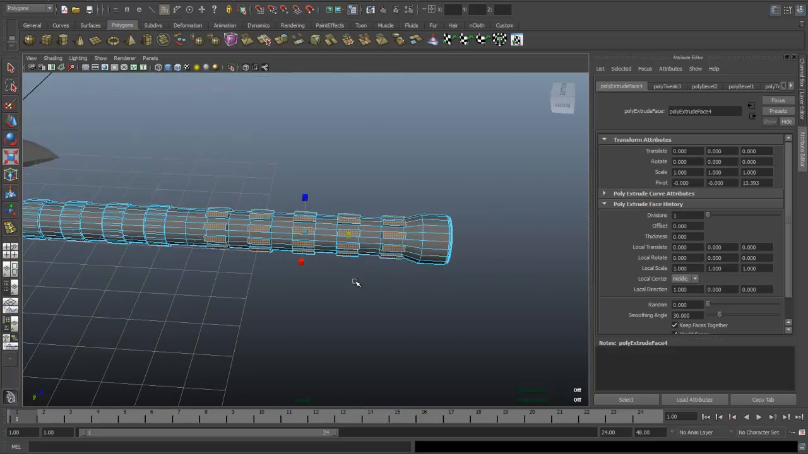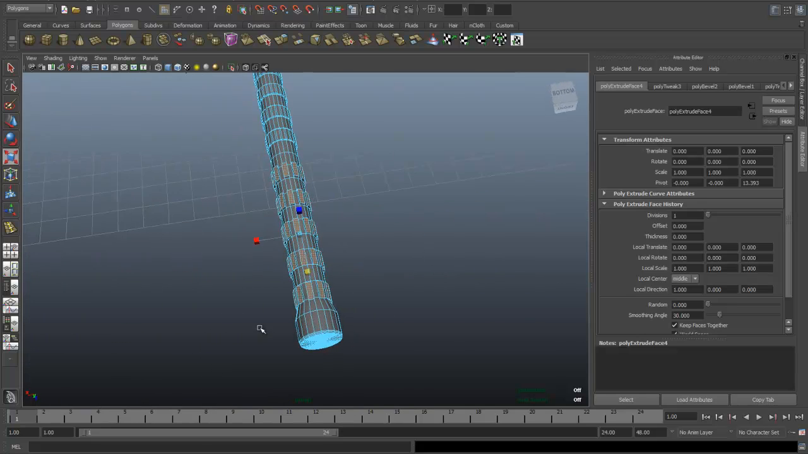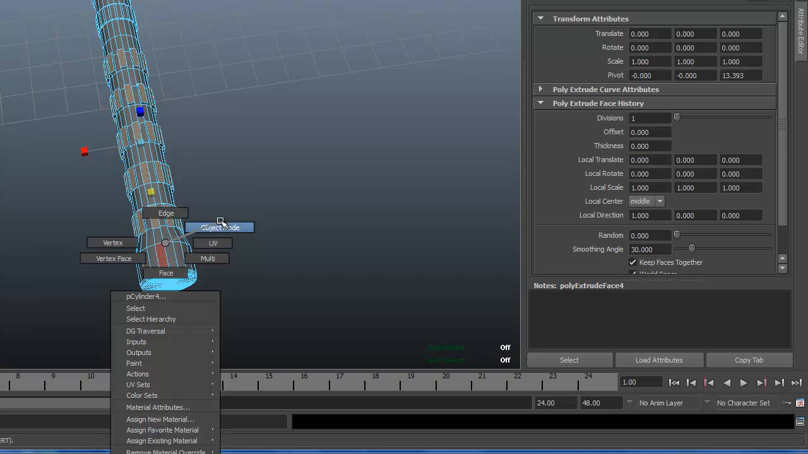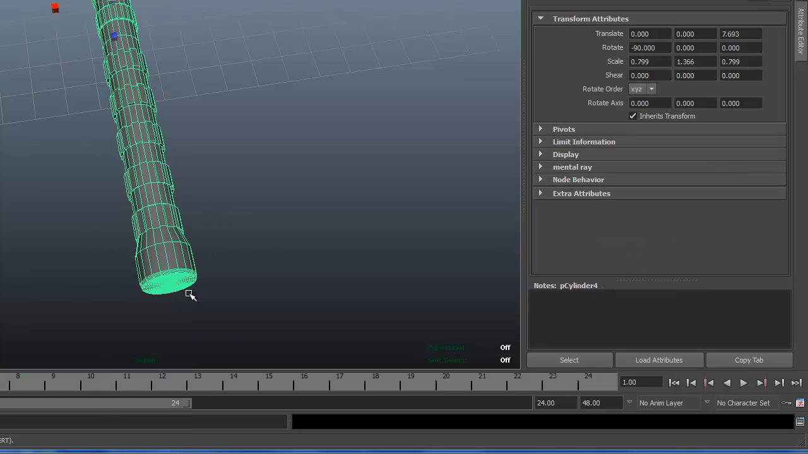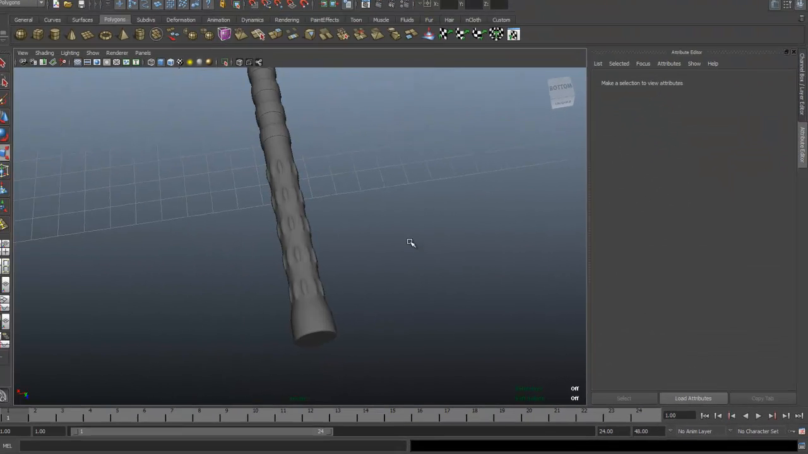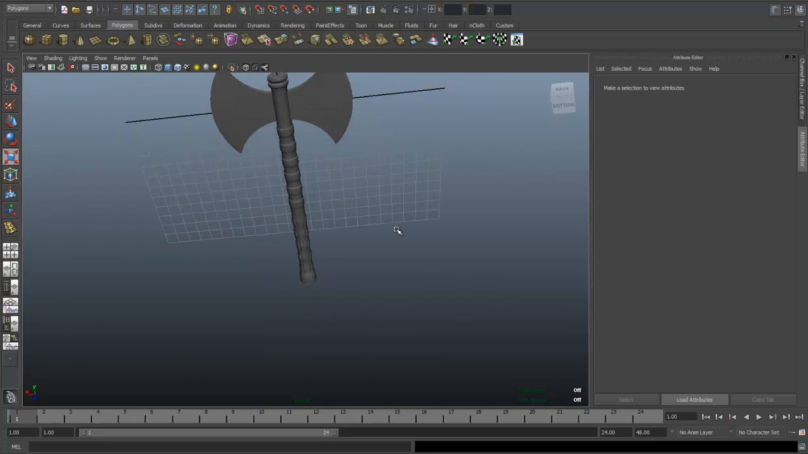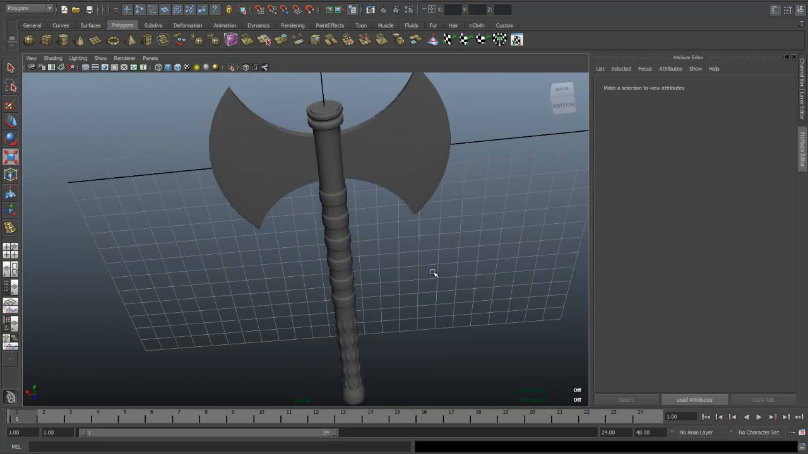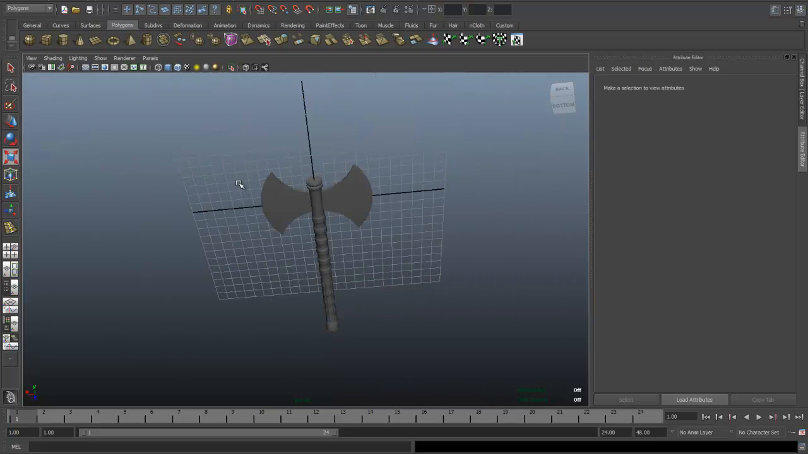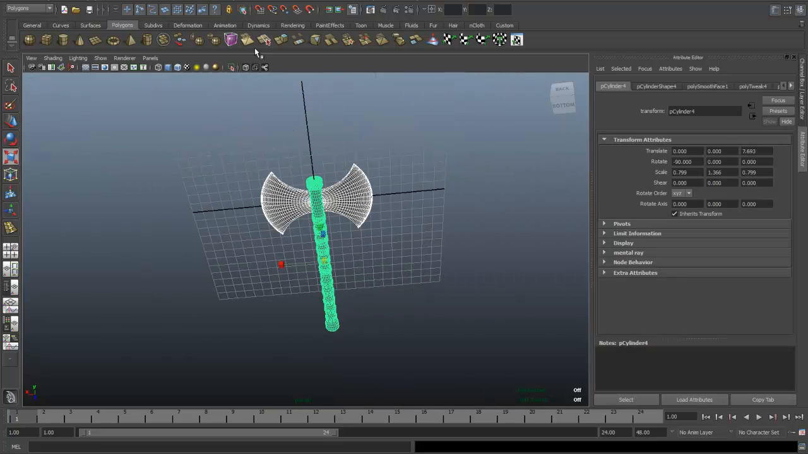Okay. Now I'm gonna right click on the entire handle, go to object mode, like so. Shift right click, go to smooth. And that already looks a little bit better. Okay. Now we're gonna combine the whole thing. So drag select the whole object, go to mesh combine,